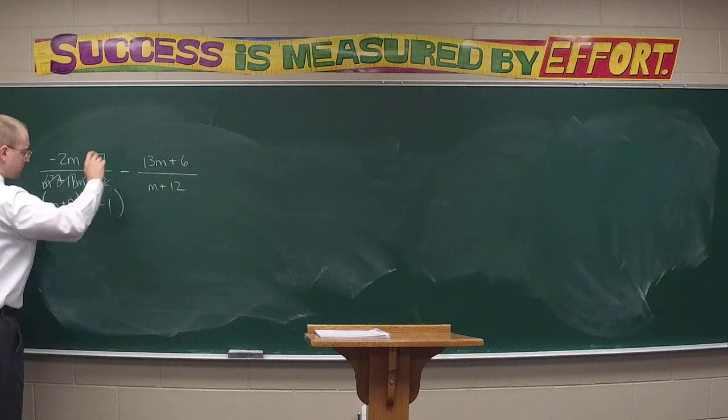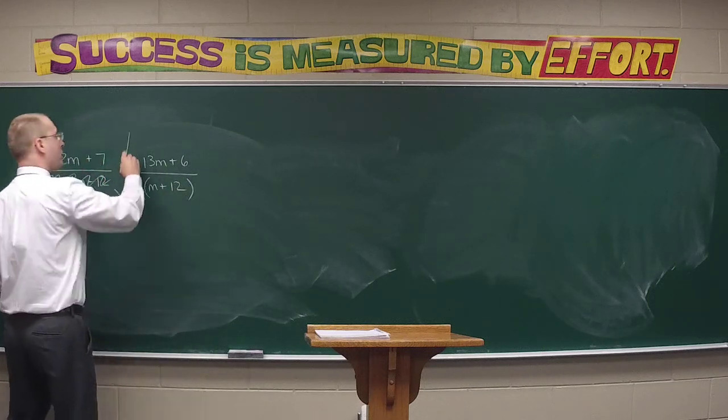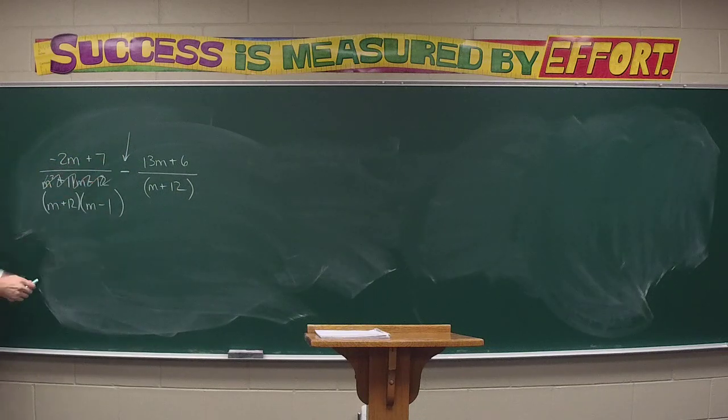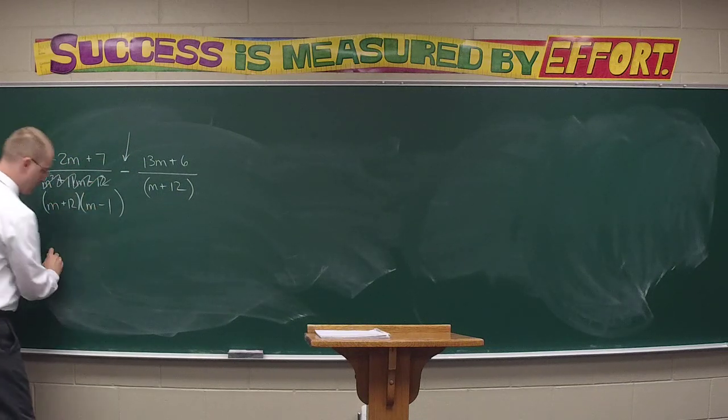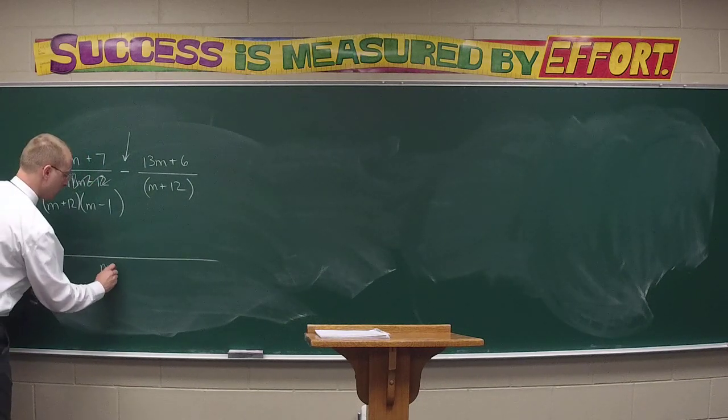All right. And what about the m plus 12? Group it because it doesn't factor. I do want to draw attention, though, to this negative sign. That's going to be important. So once I've factored or grouped everything, we go to the big long line. Kendall, what do I write below it? m plus 12 and m minus